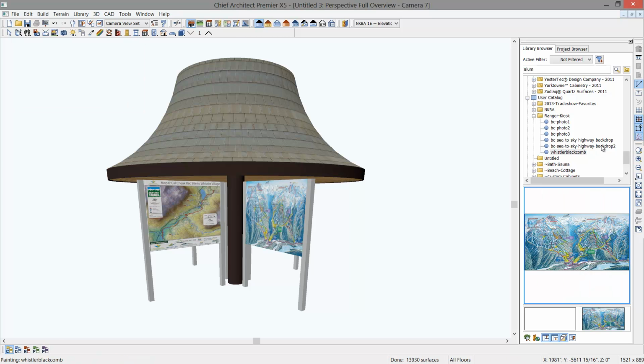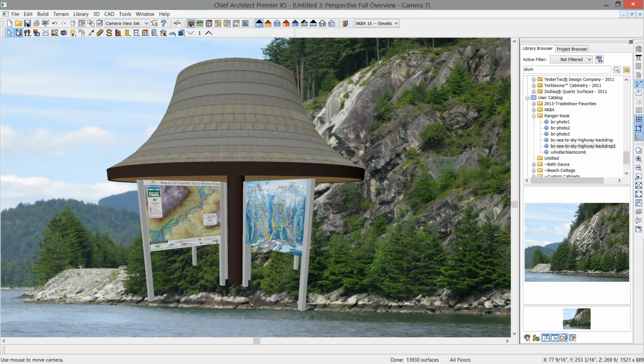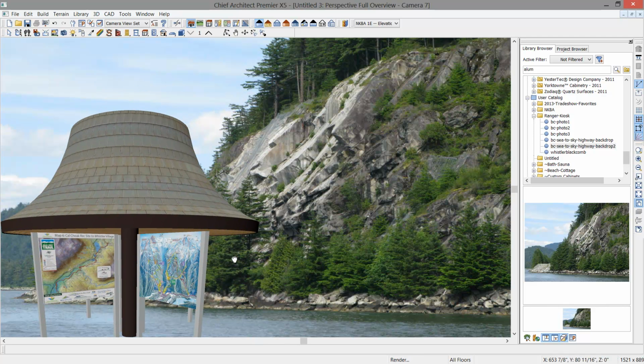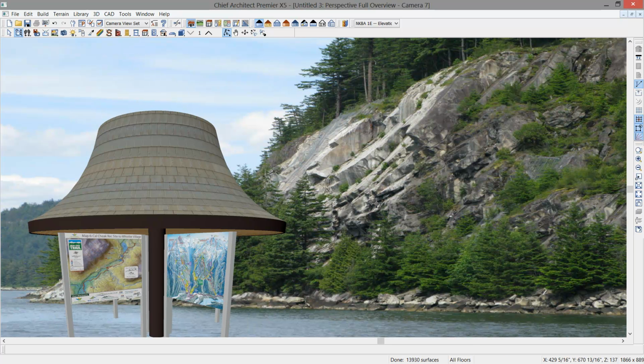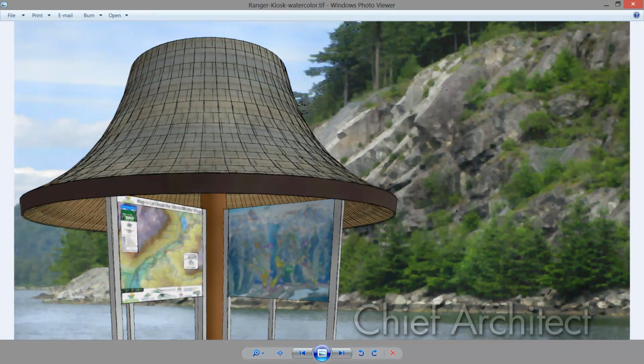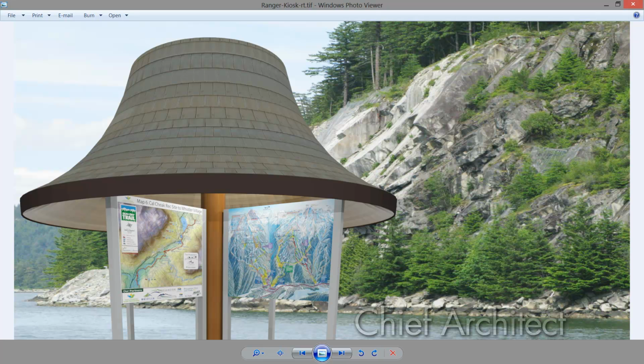And finally, I've got a backdrop in here that I can apply into the background. And when you do that, you can use your digital camera and then you can reposition it. And if we close our library, that's how I've gone through and created this. And then I've gone through and done the ray trace of this, as well as a watercolor. So here's the watercolor view, and then here's the ray trace view. That ray trace view again is a more advanced view. It takes a little bit longer to do, but